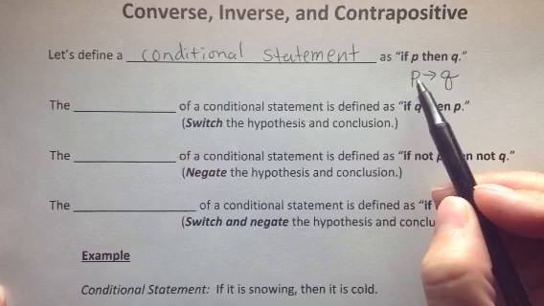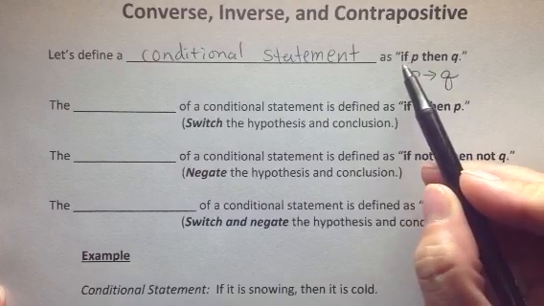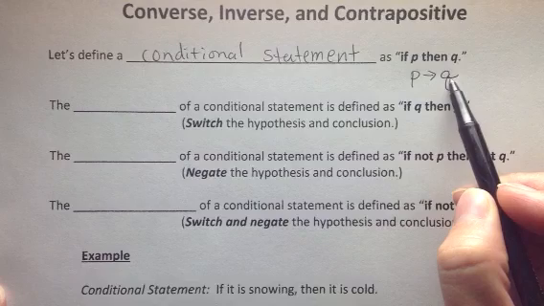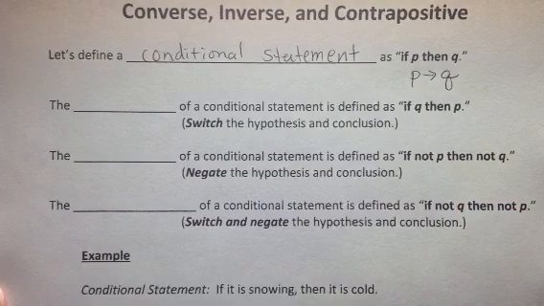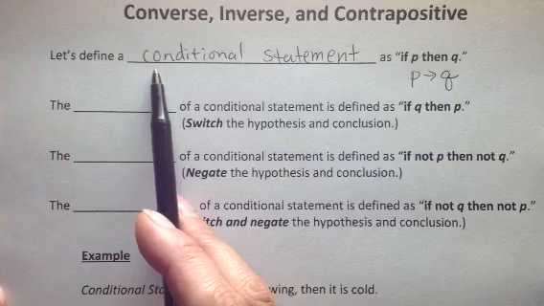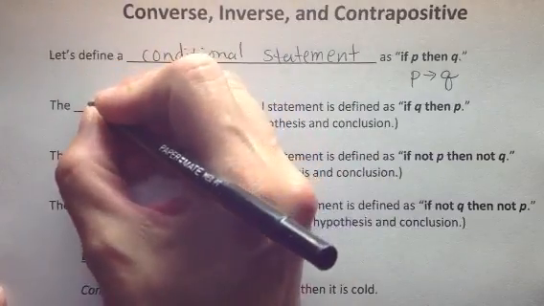I'm going to read this again. This is read like this: if P then Q. We talked about this, where we would make our hypothesis, the if part, a P, and the conclusion, the then part, a Q. So if that's what we've defined for a conditional statement, the converse